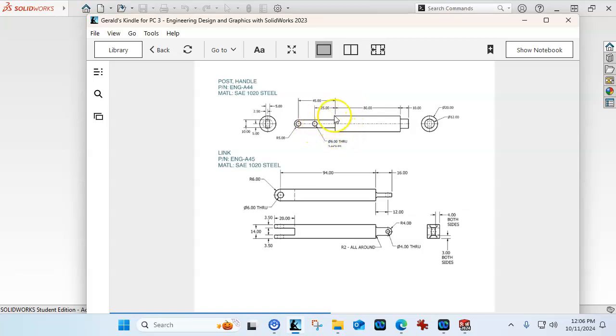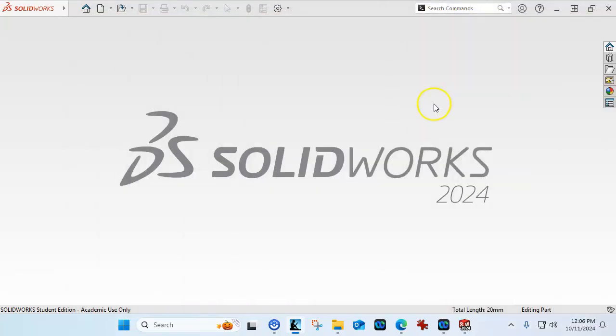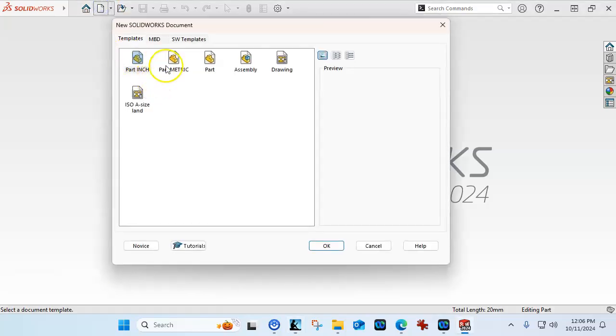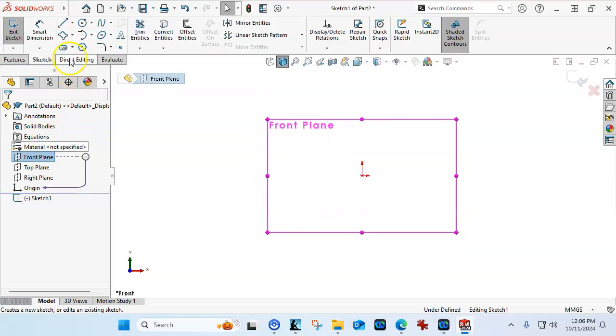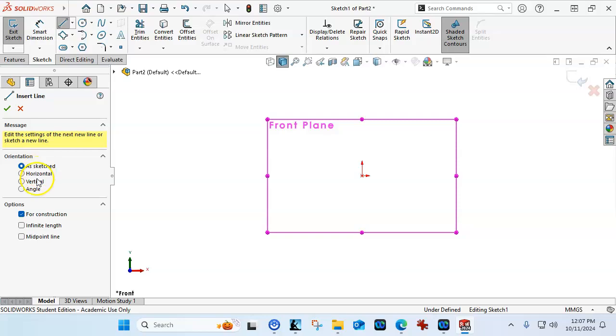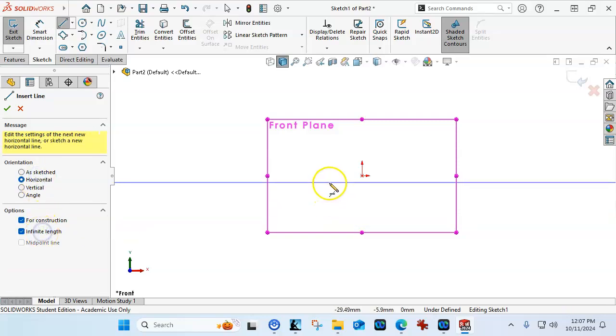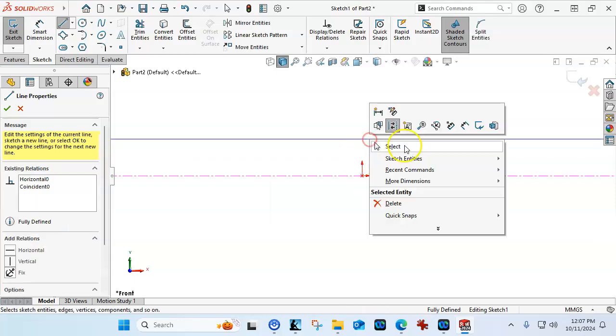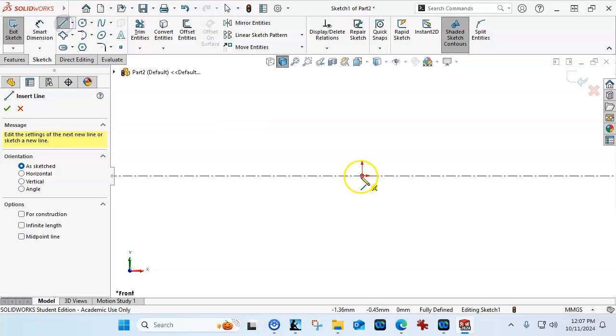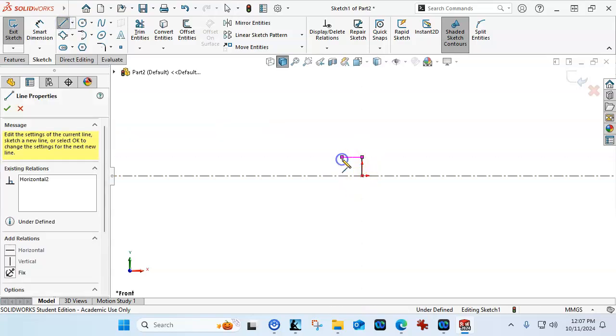Whenever we do a revolve, I'm looking at this side of the geometry, and I'm going to cut it in half, and then pretty much just be looking at this profile to make my shape. So we're going to grab a new metric part. Front plane, sketch. Whenever I'm doing a revolve, I go center line. We're going to draw it in the same orientation. So this is going to be a horizontal infinite length center line. Put the origin at the end, and then a rough sketch